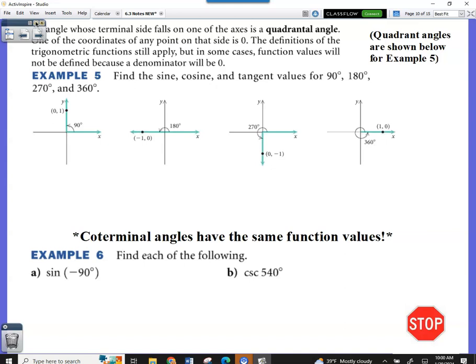Notice right here, it says the definitions of trig functions still apply, but in some cases you have to be careful because the denominator,